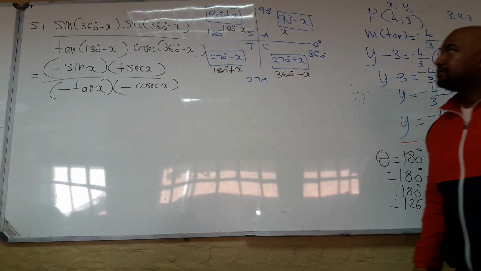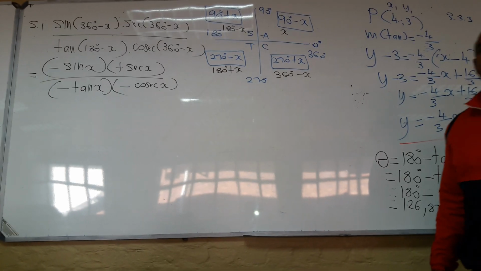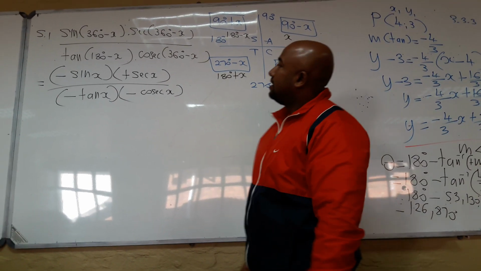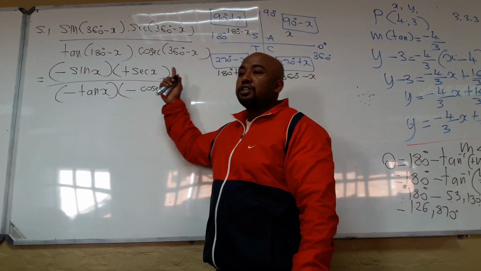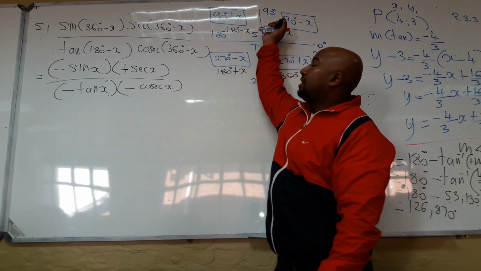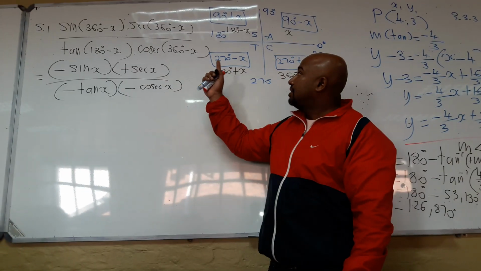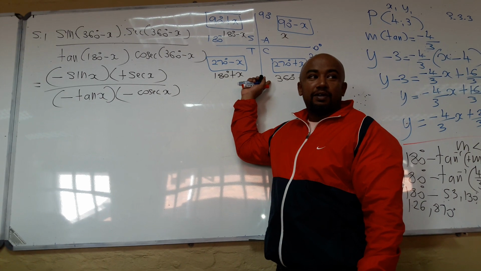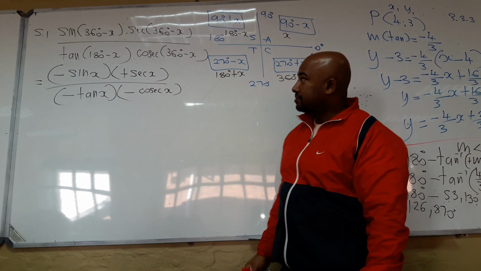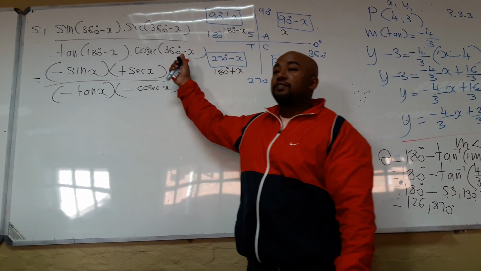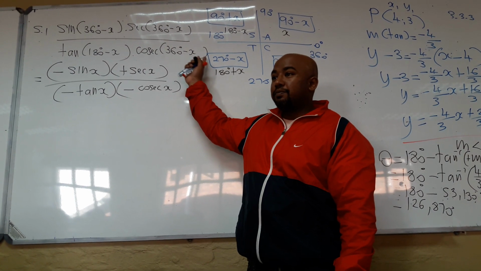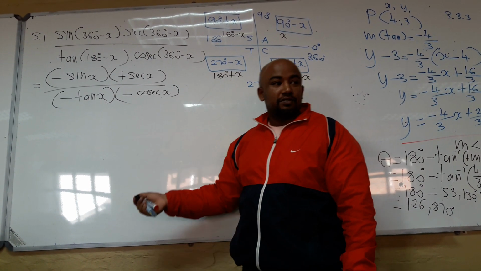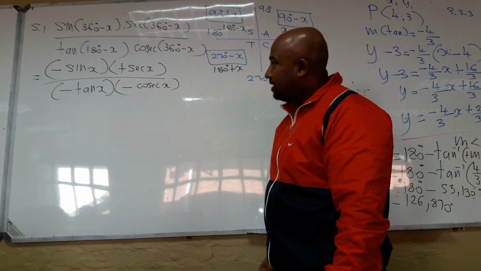Okay, that'll follow? You will only change to co-ratios if you are using 90 minus, 90 plus, 270 minus, or 270 plus. Okay. If I have cosec of 270 plus, then it will change to sec. Alright, but